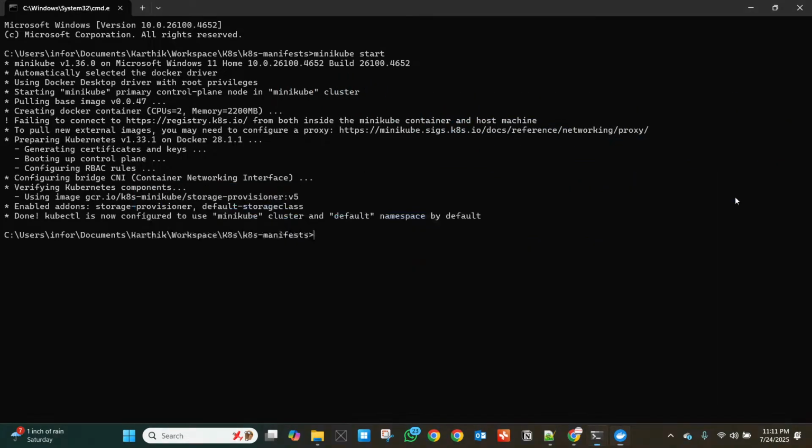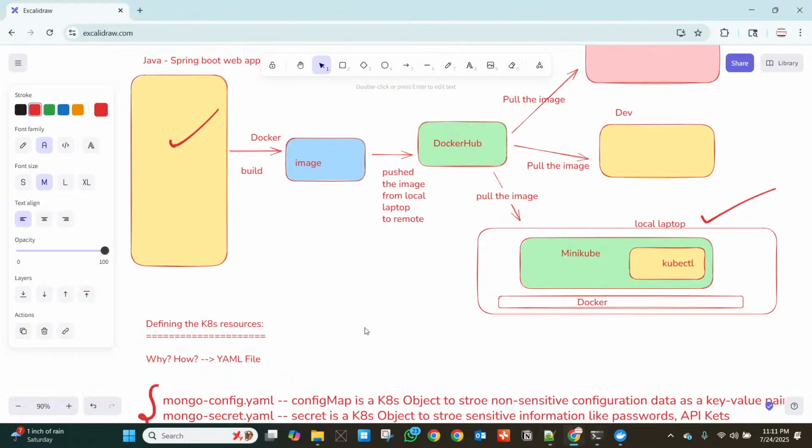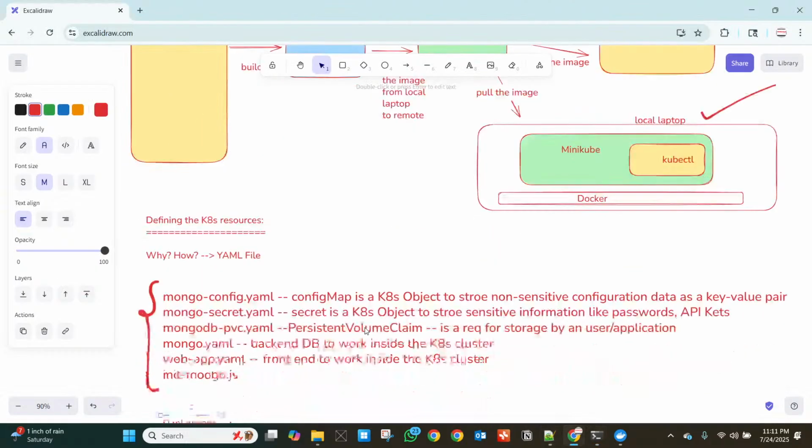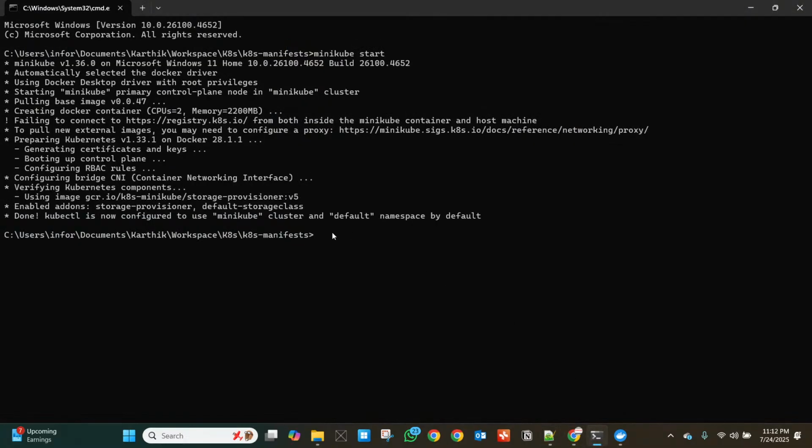Alright, let me not close it, I will just minimize it. Now what we should do here is we have to use kubectl. We have to use the kubectl command to deploy these files. How to deploy this? There are some commands, very simple commands. kubectl, I have to apply